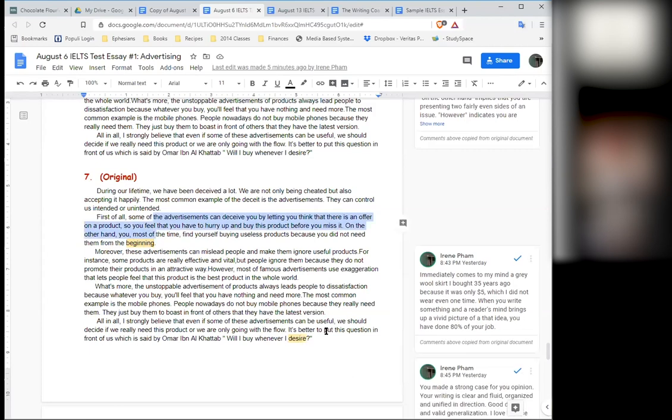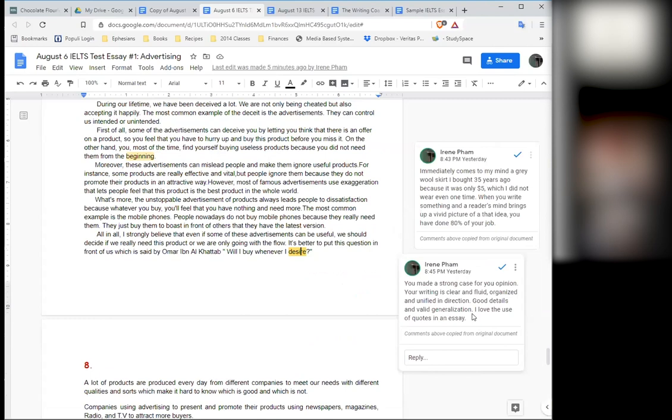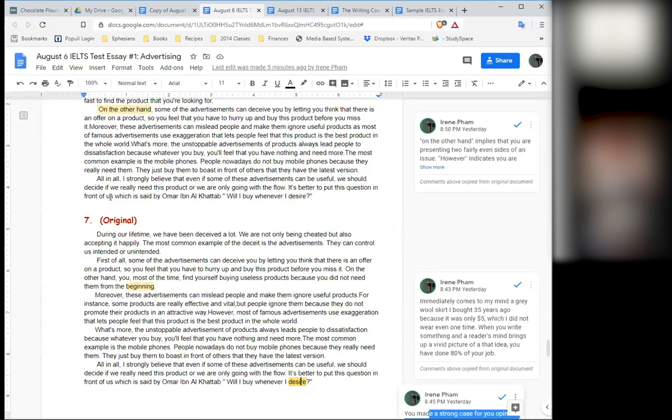Let's see here, what's this one? I just wanted to mention that you made a strong case for your opinion, and your writing is clear and fluid and organized and unified in direction. You gave good details and a valid generalization. Yeah, it was a nice job. The only thing I would say is maybe this little section right here. Okay,